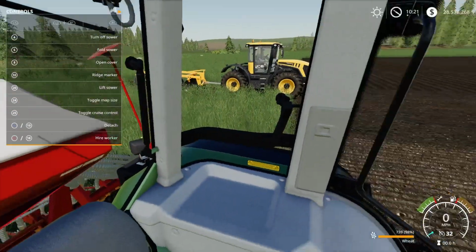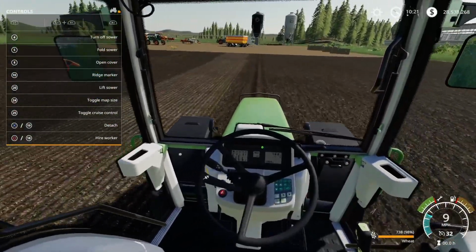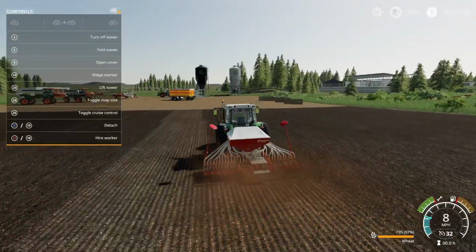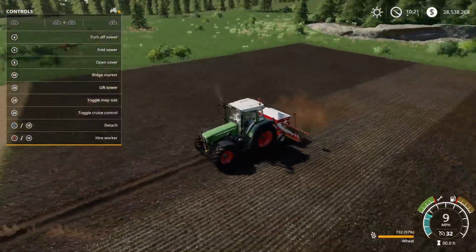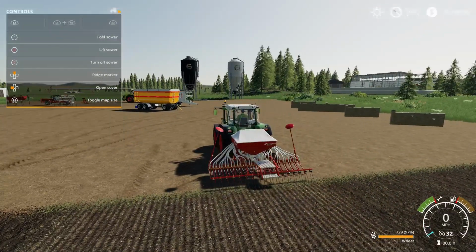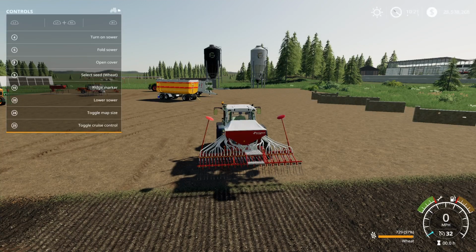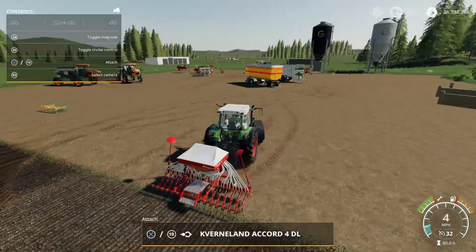And you can switch from left to right as you go. So as I go now, if I keep that on that ridge, I should, if I come back out, find I'm going along that line absolutely perfectly. So that's what the ridge markers are for, and that's it, doing a bit of seeding. So there we go. That's the Kverneland Accord 4DL by MefiuFs and Arikson. I'm going to drop that down, disconnect that, and we'll move on to the next one, which is the Harrow